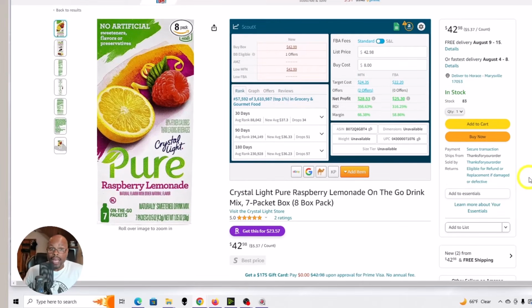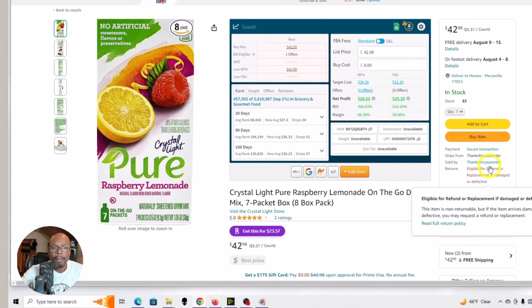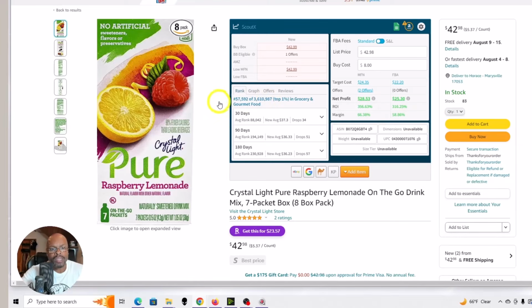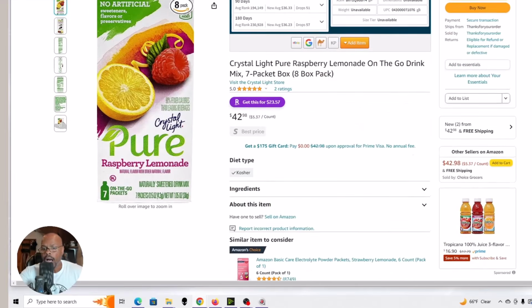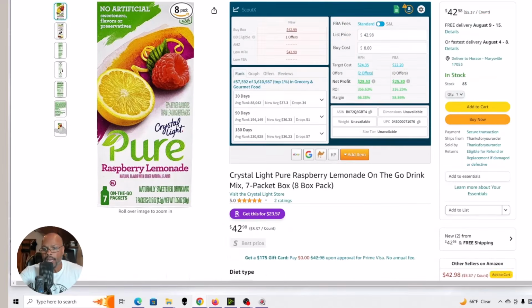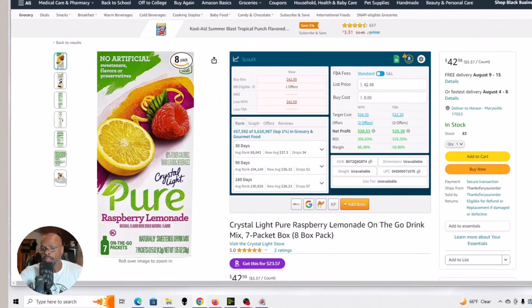Now, if you went FBA, you may get more of the buy box. And even if you didn't, you may have more people who have Amazon Prime that might want to go with you. But chances are they probably got this at Ollie's or something like that. They don't have the expiration date that Amazon's going to allow as far as sending that in. And that's just my estimate. But yeah, those are pretty much the things I like to check when it comes to competition.